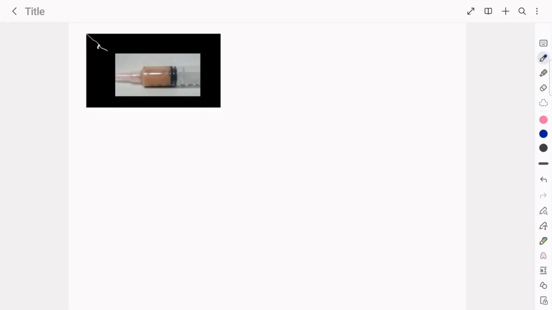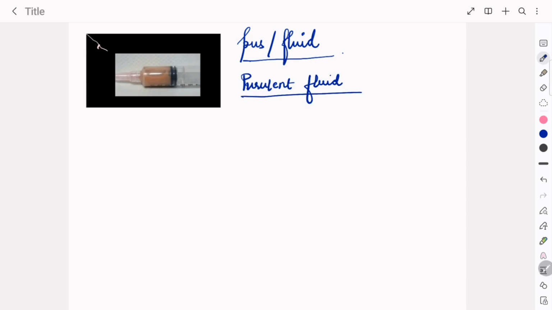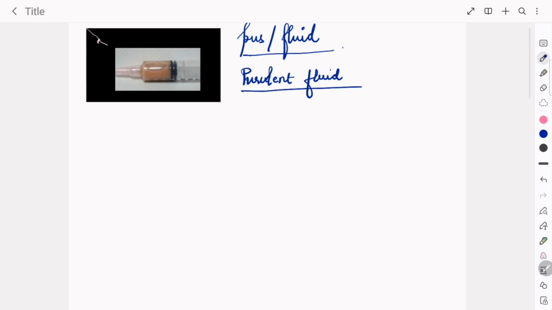अगर आपके पास कोई सैम्पल आता है जिसमें पस जैसा दिख रहा है पर कंफर्म नहीं है, तो डॉक्टर ने लिख के दिया है पस एंड फ्लूइड, सो व्हाट कैन बी डन? What are the tests which can be done on this fluid? This fluid is called as purulent fluid. हम फ्लूइड को पस नहीं लिखते हैं, हम उसको पुरुलेंट फ्लूइड लिखते हैं, मेडिकल टर्म।